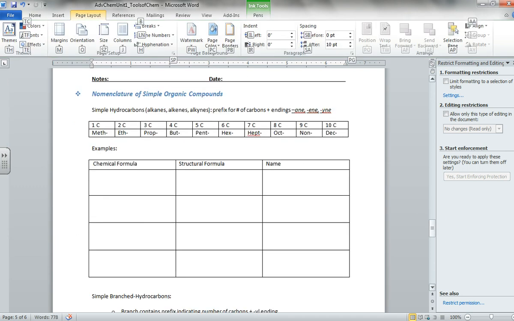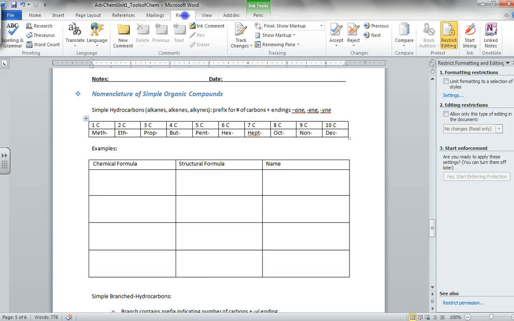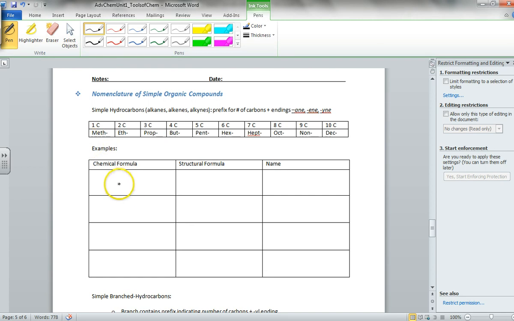Now, as I mentioned in the introduction, this is going to be a very brief overview of naming of organic compounds. We're only going to look at the simple hydrocarbons. What I mean by a hydrocarbon is just a compound that contains carbon and hydrogen. Depending upon the number of carbons in the substance, we are going to name it with a certain prefix. If you have a substance that only has one carbon in it, then we're going to use the meth prefix. If it has two, such as